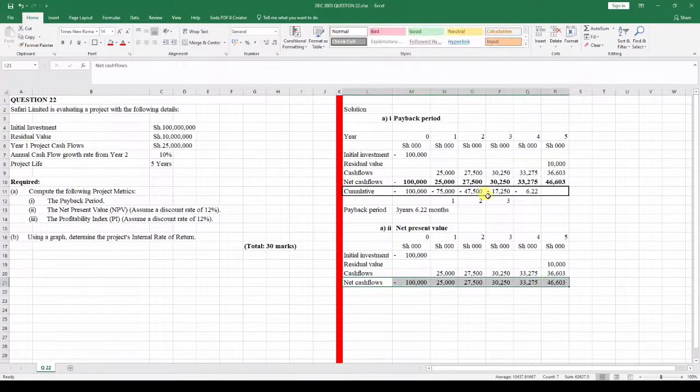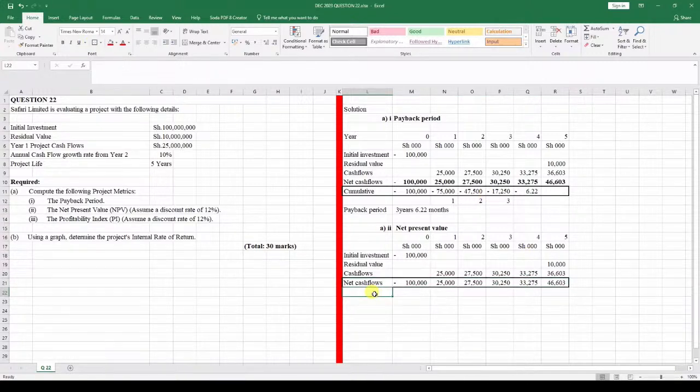You see, the way I've done over here, the relevant values are the ones we're going to discount and get the present values right over here. So present values. The present values will be this value over 1 plus r over here. But for us to get the present values, in Excel, there's always a way we can do it. Always.